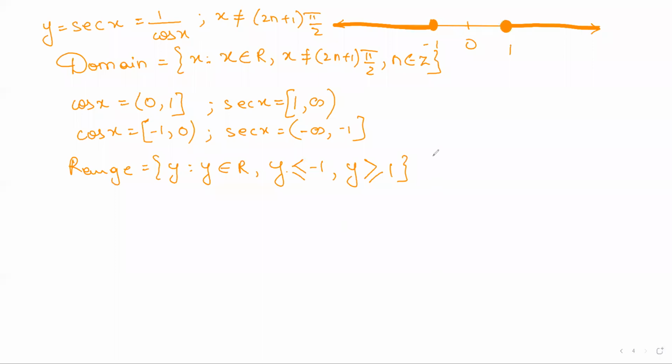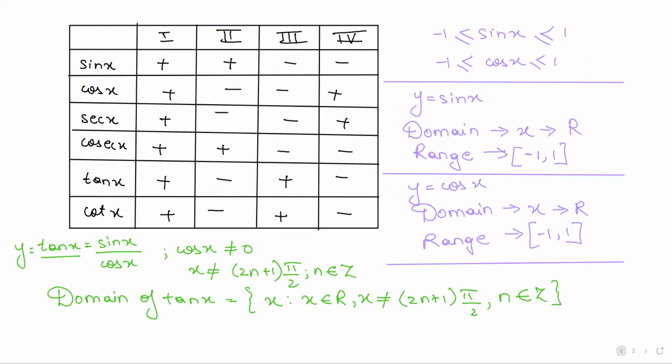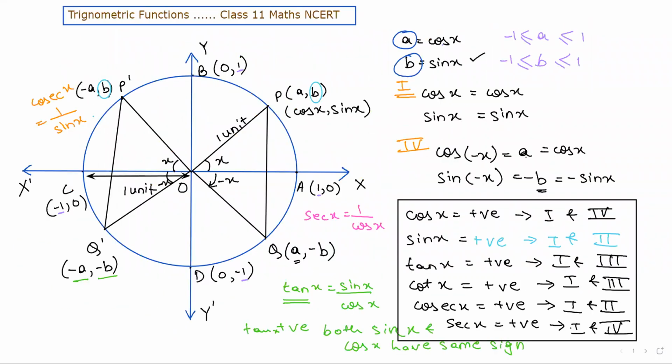So this concludes your domain and range for all trigonometric ratios, along with understanding signs in different quadrants for trigonometric ratios. In the next class, we'll again try and understand how the values change. If you consider sin x, how does sin x change if you change the value of your angle from 0 to 2 pi, thereby allowing us to obtain a graph or represent sin x in a graphical fashion from minus infinity to plus infinity. Similarly, we'll try and represent all the trigonometric